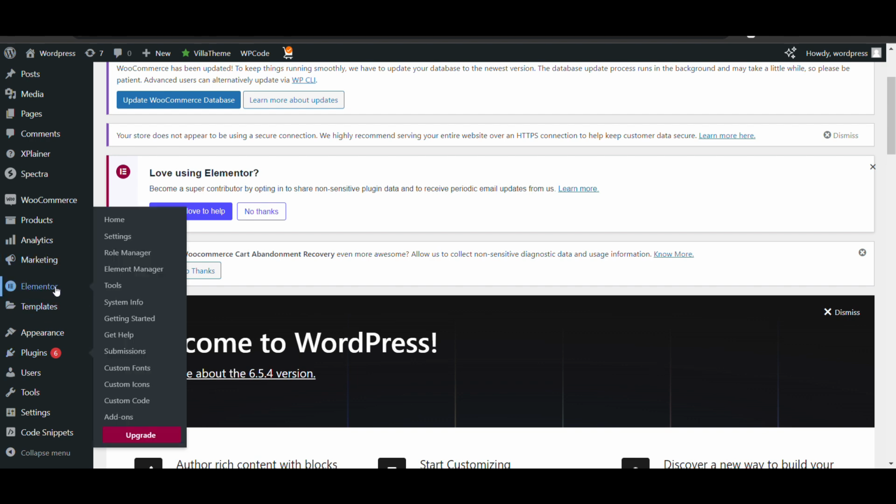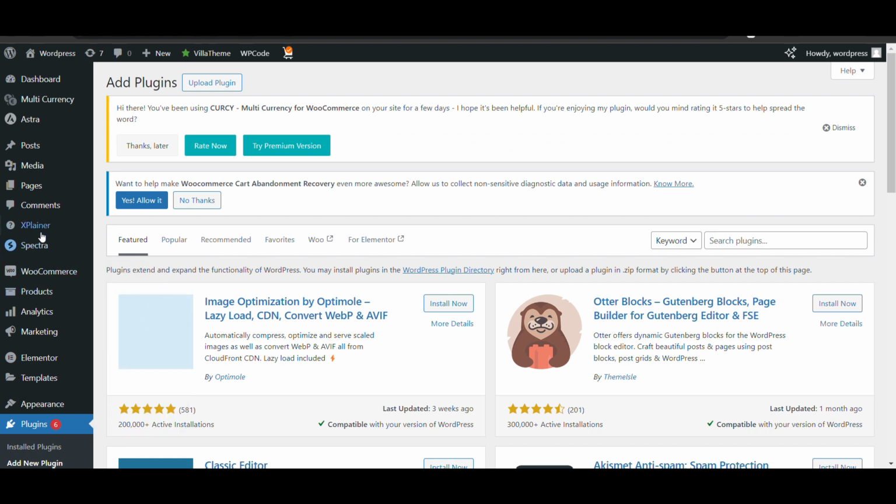Currently, you can see Elementor is already installed. This is a basic Elementor. Now, this is the Elementor plugin. Now I will install